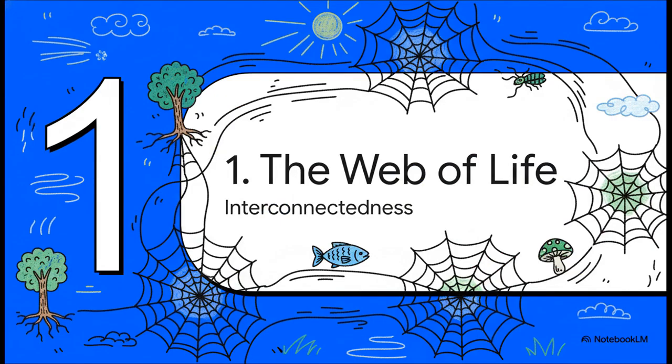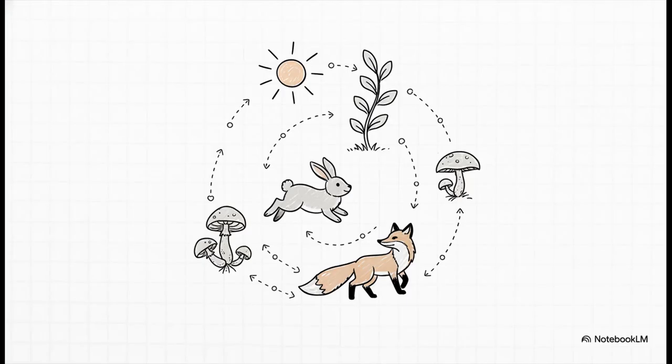All right, let's start with that big idea, the web of life. You know, understanding ecosystems is really about learning to see all the amazing and often invisible connections that are happening all around us every single day. The best way to think about it is like a perfectly choreographed dance. Every single organism has a role to play, and every move it makes affects everyone else on the dance floor. This idea, this interconnectedness, is the absolute heart of what an ecosystem is all about.